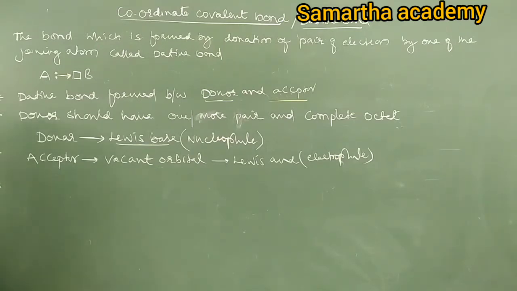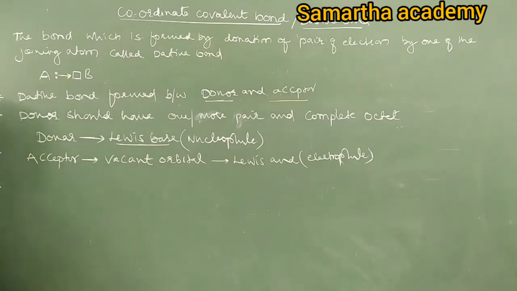Next, we have studied covalent bonds, right? We used to say that a coordinate covalent bond is one type of covalent bond only. That means wherever you get a coordinate covalent bond, you should consider it as a single covalent bond. Suppose a molecule has two coordinate covalent bonds, then how many covalent bonds? Two only. That means a coordinate covalent bond can be considered as a single covalent bond.